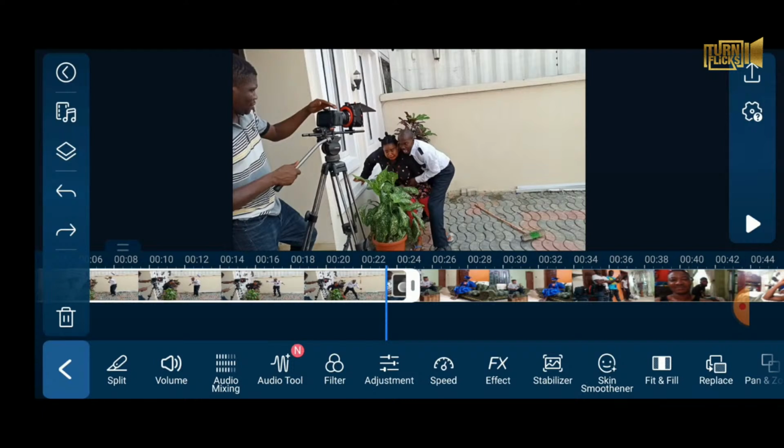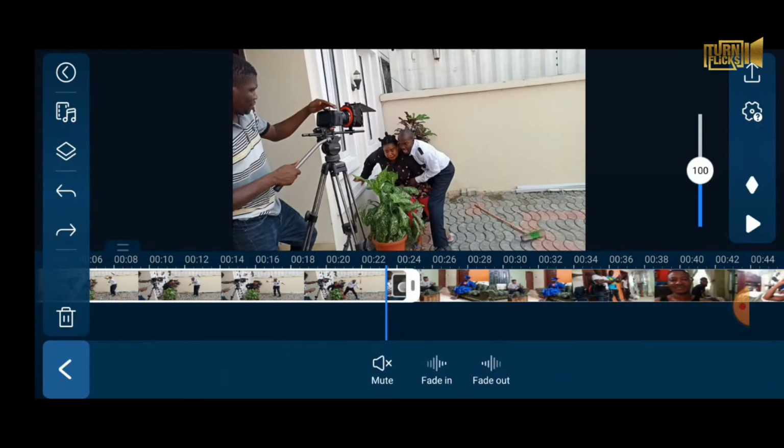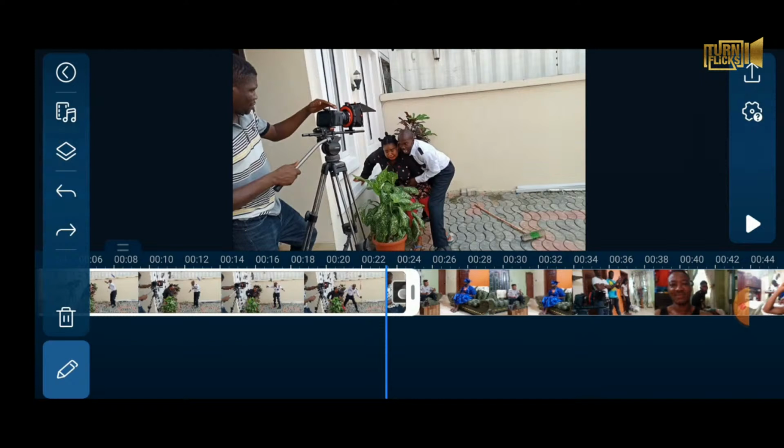After the split, you see volume, you see audio mixing, you see audio tool, you see different things. But if we click on volume, now there's fade in and fade out. There's mute, but I don't think I want to mute this. If it's like Anwilika pointed out yesterday, she wants to be doing slideshows. If it's a slideshow that she has this footage, but she wants to talk over it, now what you do is you mute this footage by pressing mute, or you just simply